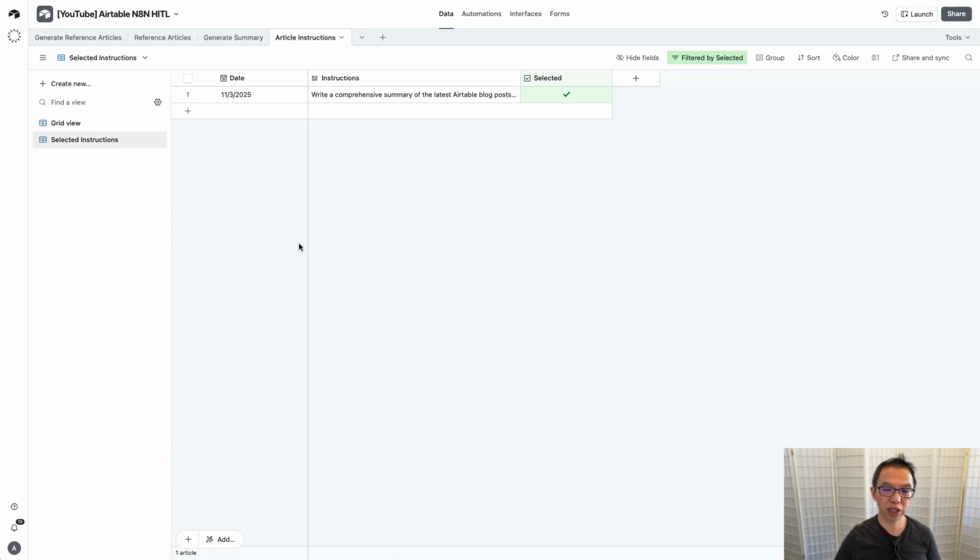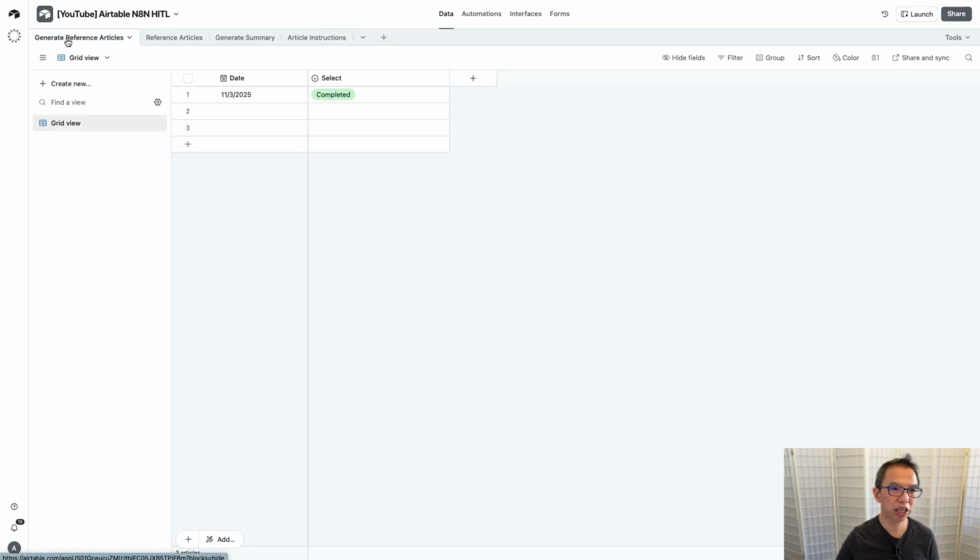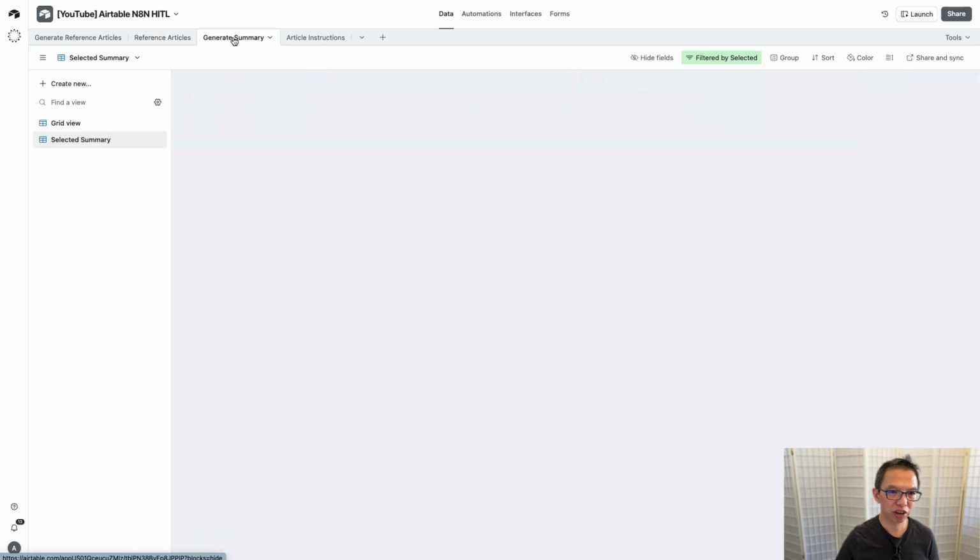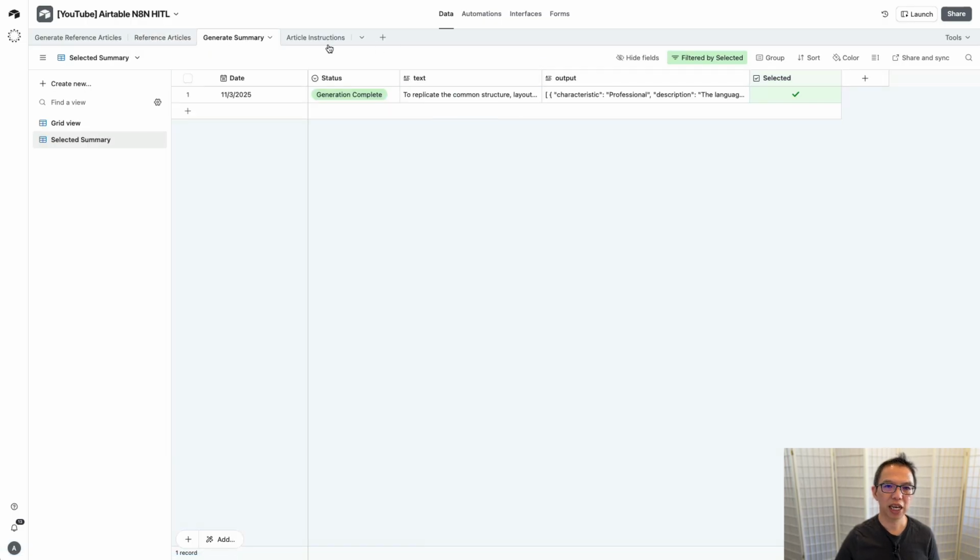Actually, before we create the automations for this, we also need to do the generate article step. So I guess with this approach, you have the trigger, which is the generate. So you have this one, the generate reference articles, then you return the reference articles, you generate the summary, and then you return the summary in here. And then we also have a generate article. So we kind of need a trigger for each of the steps, and then we can capture the outputs from each of the steps. I can understand that it may seem like an extra thing to do, but